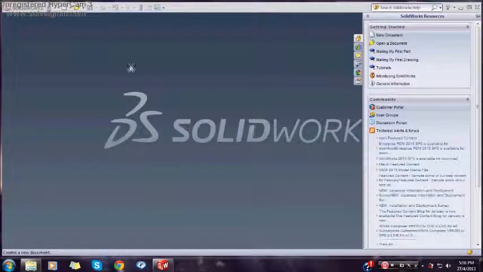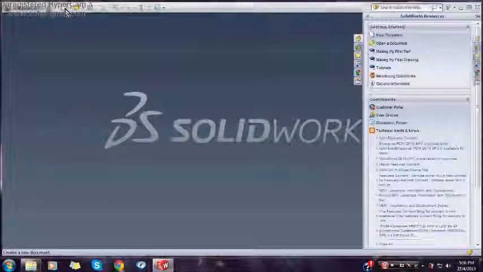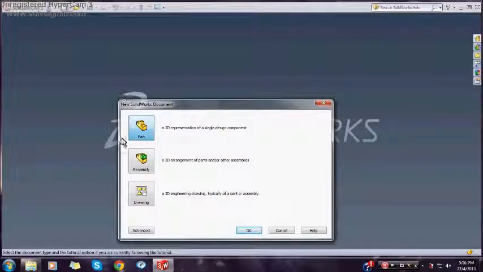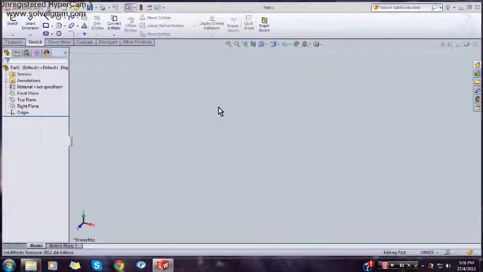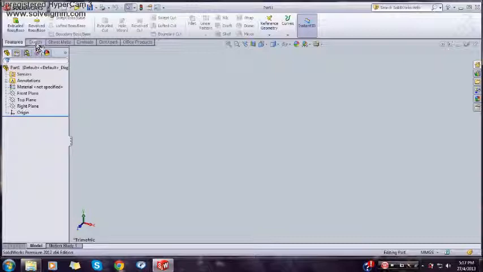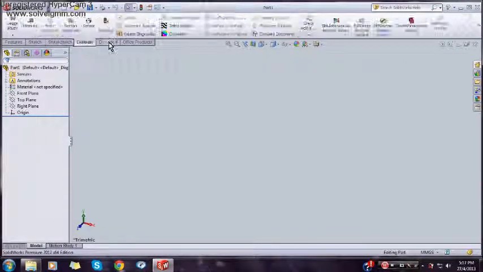This is the introduction of SolidWorks 2012. So we click on New and choose Part to start our drawing. As you can see, there are a lot of icons in Features, Sketch, Sheet Metal, Evaluate, DimXpert, and Office